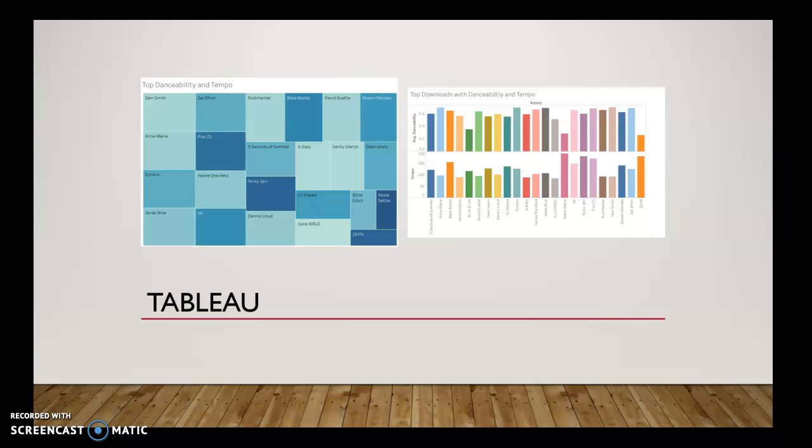So there's a common trend with the danceability and tempo and how many songs the artist has in the download. And on the right, it is just a regular bar chart showing tempo on the bottom and average danceability on the top.